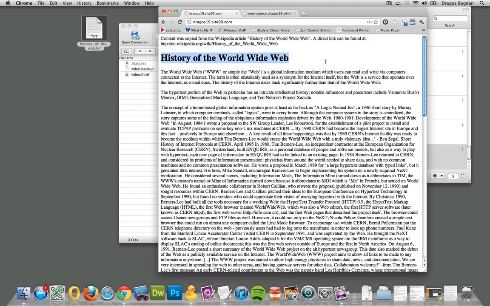Basically what the browser's doing here is that by default it's saying that this history of the World Wide Web is going to be bold and bigger than the paragraph, which doesn't really look much different than the text here, but at the very least, once I open and closed it, it has a carriage return above and below it to give it some spacing. So it's more defined now as a